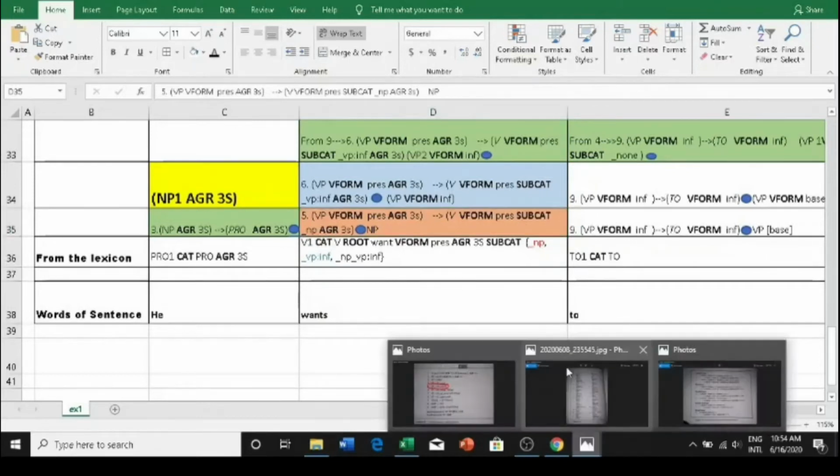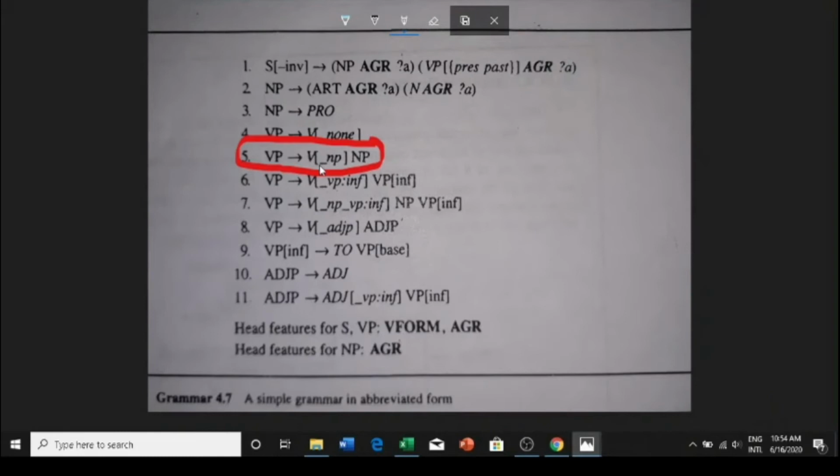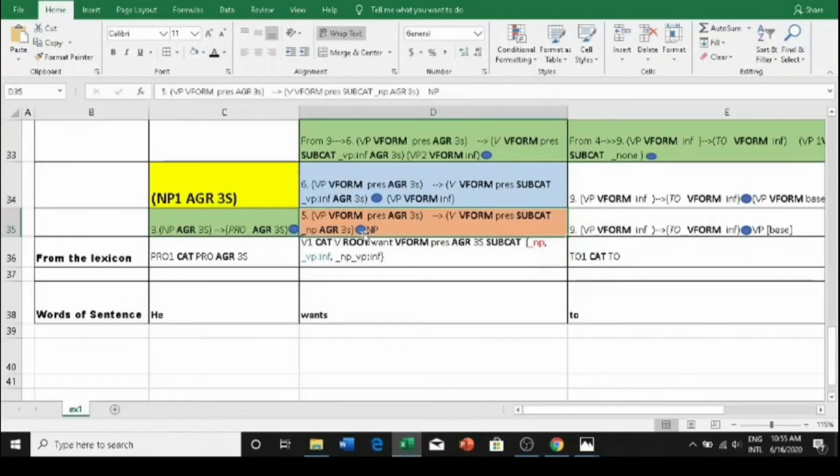And note that rule has got two parts on the right, a verb part and a noun phrase part, right? We have now matched only the verb part, so we have to put a dot after the verb part. A dot should be put, so that is put here, and we have a noun phrase yet to match. So that was the case of ones.